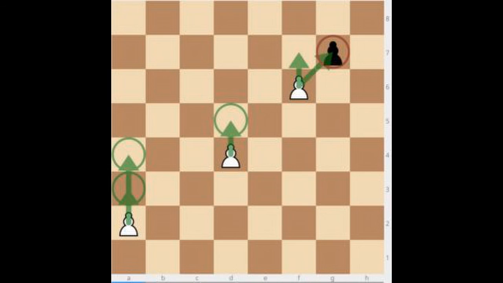Pawns. The pawn goes only one square ahead on its file at a time. From its initial position, for example, a white pawn from the second rank and a black pawn from the seventh rank, it can move two squares ahead at once. A pawn moves only along a file, but it captures obliquely, only one square along a diagonal to the left or right.